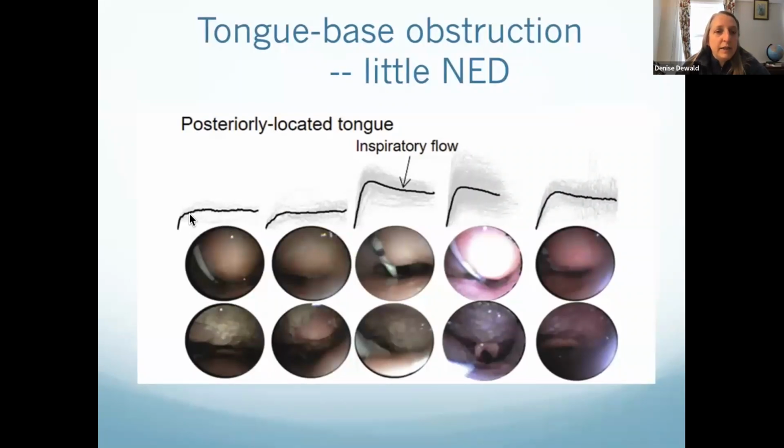So these were tracings from single subjects and multiple tracings. And these were what the pictures look like. So here is the tongue coming backwards into the pharynx. And so here was a little bit of negative effort dependence, but it's mild. It's all very mild negative effort dependence with the tongue, and it's really just smooth. So this is what tongue-based obstruction will look like